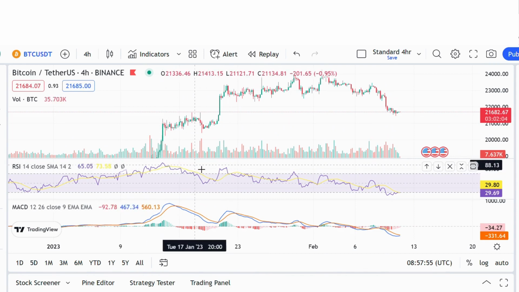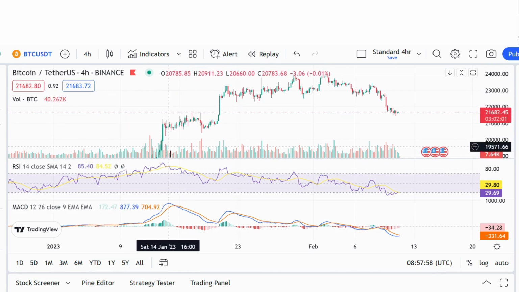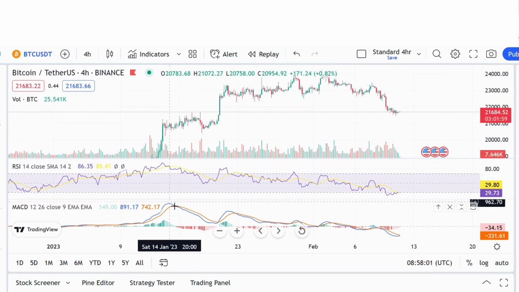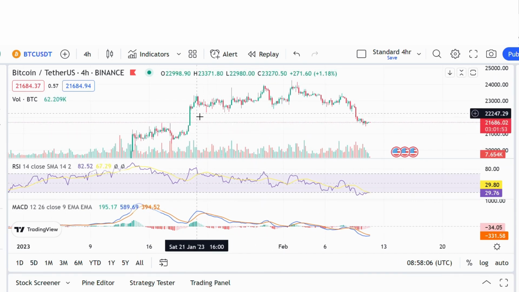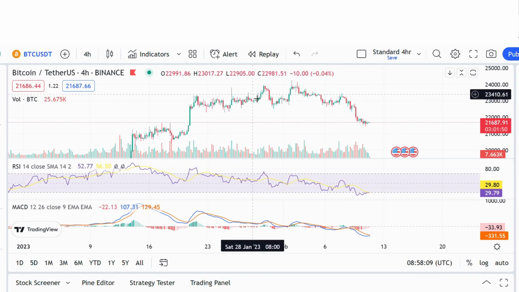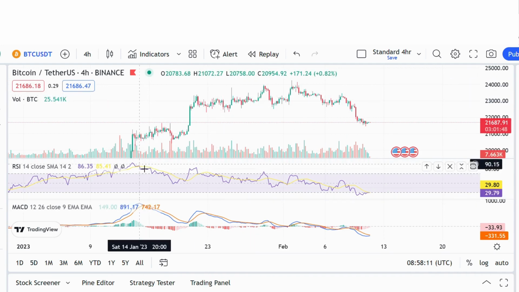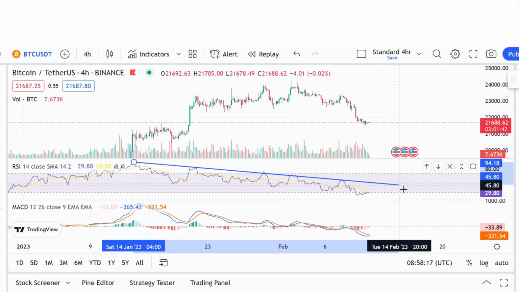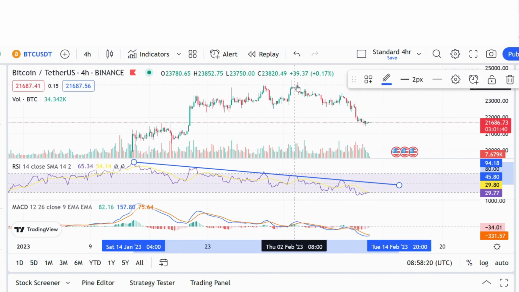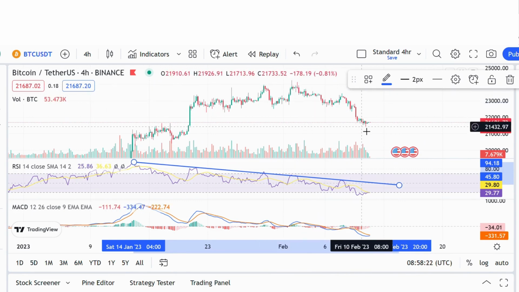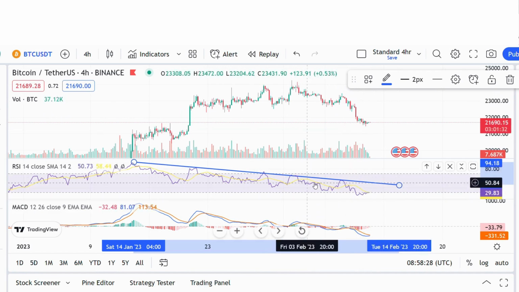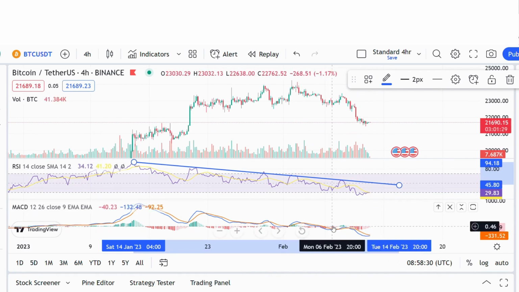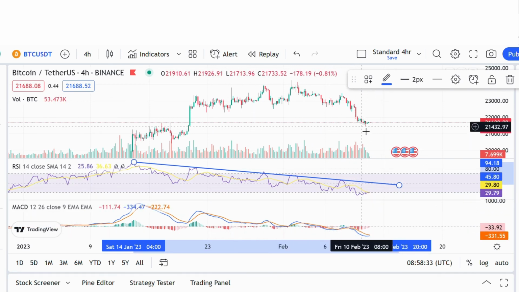That means we have a divergence here. Price is going up, RSI is going down, MACD is going down. That indicates there is a change in the market coming. It was still going up while the RSI was printing lower highs, and finally it ended up Thursday, Friday, starting to drop off quite a bit. So this week we'll be waiting for the RSI to break that support line again, and at the same time, hopefully the MACD finds support.